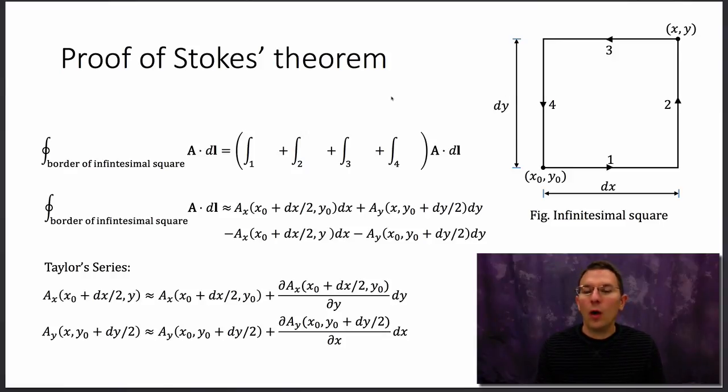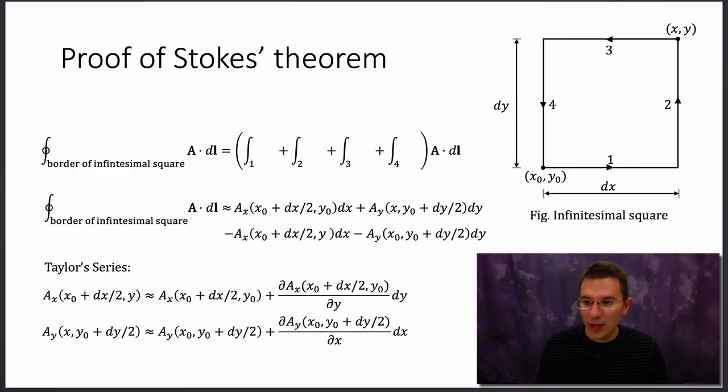Now instead of worrying about the flux, we're interested in the circulation, right? And so the circulation is just A dot dl, and in this case it can be broken up into an integral over each of these 4 paths. Just using the definition here, we can say that in an approximate sense, if this distance is small enough, then the vector is constant along this distance. So the circulation is approximately along here,